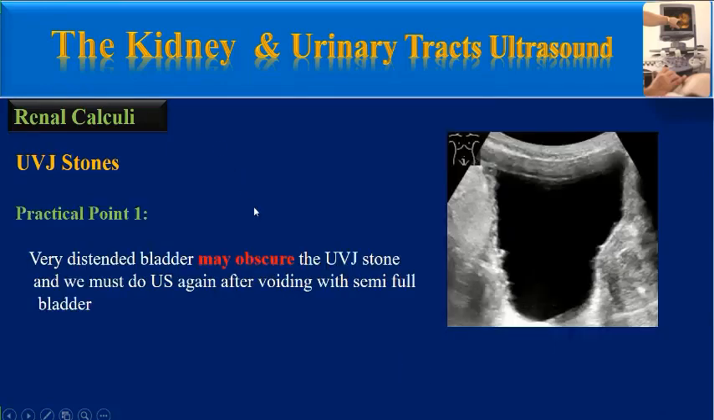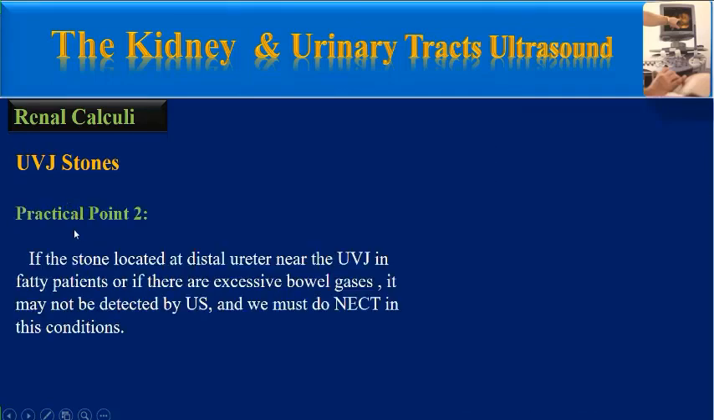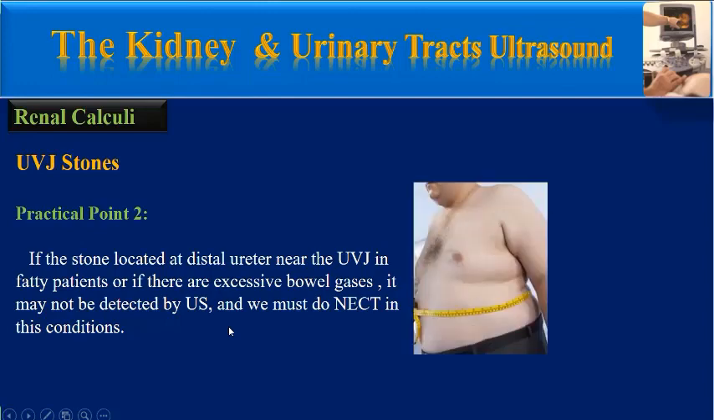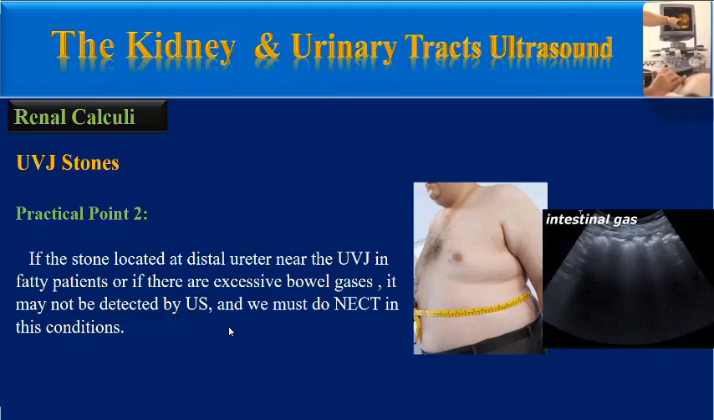There are two practical points about UVJ stones. A very distended bladder may obscure the UVJ stone, and we must do ultrasound again after voiding with a semi-full bladder. And the second practical point is if the stone is located at the distal ureter near the UVJ in fatty patients, or if there are excessive bowel gases, it may not be detected by ultrasound, and we must do non-enhanced CT